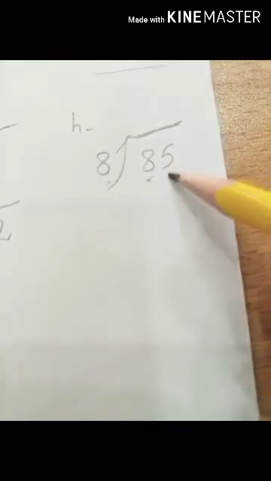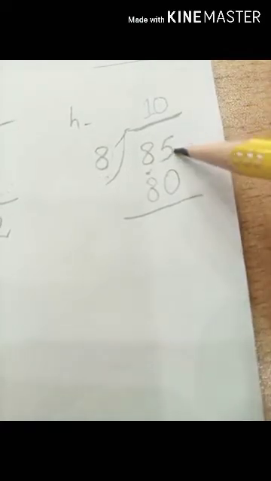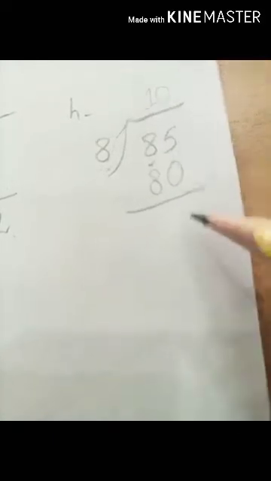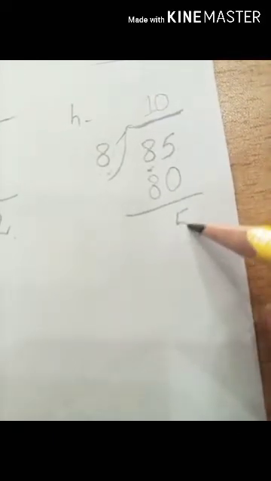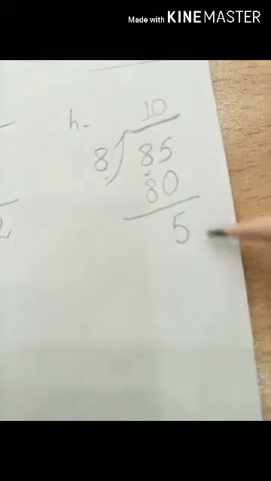So students, we have read the table of 8 until the number 10. Look students, after 10 we can't write it, so at the last we will multiply our 8 by the number 10. 8 tens are 80. Now students, we are going to subtract it. 5 minus 0, and you know that when we subtract 0 from a number, the number will remain the same. So our subtraction is 5. So students, we have solved our question with the remainder 5.